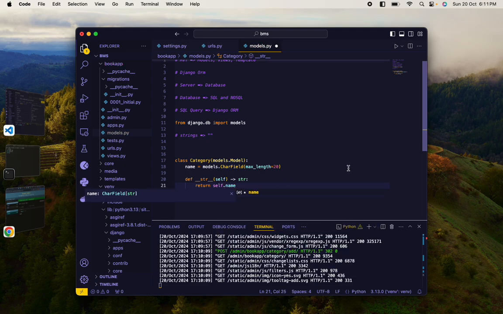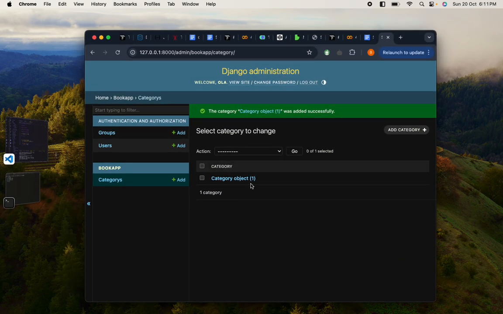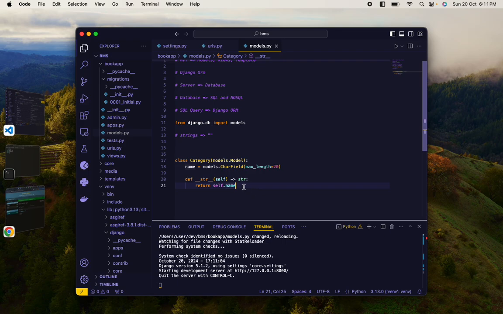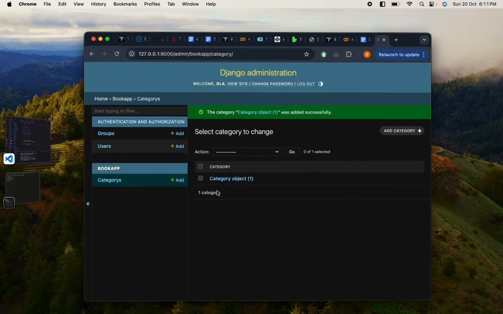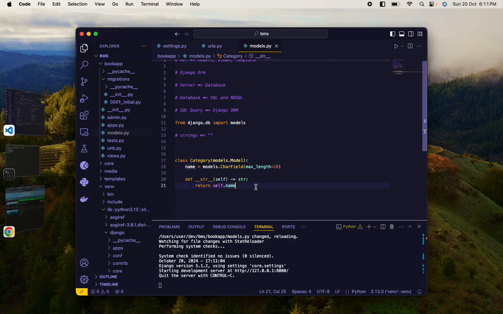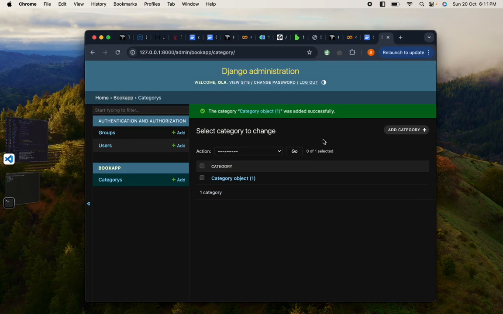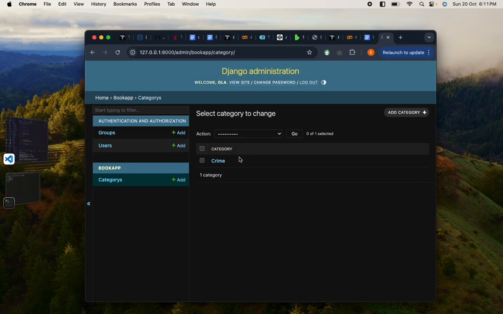What I mean by doing this is, rather than provide me Category object 1, Category object 2, I want you to provide me the name of the category that was just created. That means if I create a new category, just give me the name instead of the object 1 we have here. So let's save this, and I have to just go to the browser and refresh,